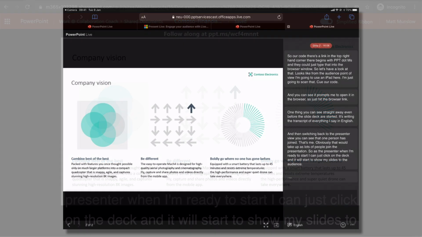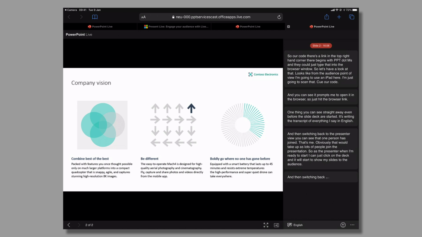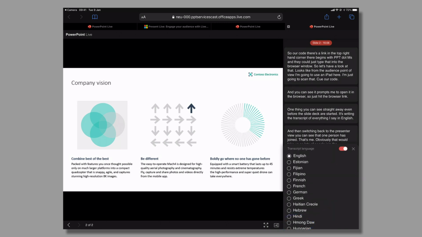Switching back to the audience now, you can see they see my deck and they see the transcript of what I say as I'm saying it. But on the audience's view, there's a couple of useful things we can do. First of all is the transcript itself. You can see I've got an English transcript running here, but I can press on the English transcript there, and